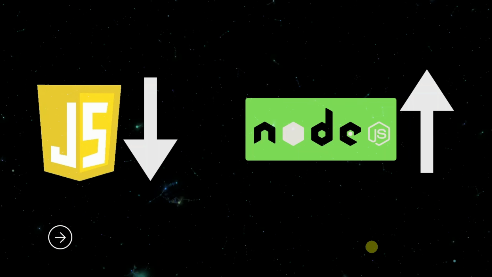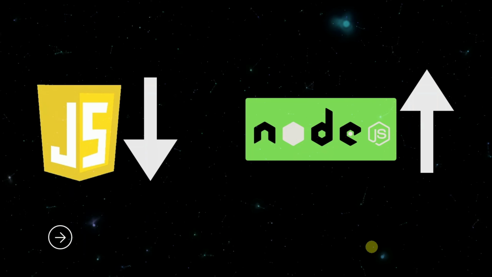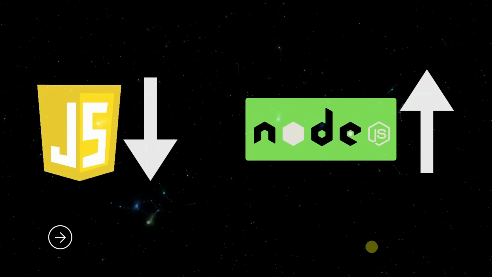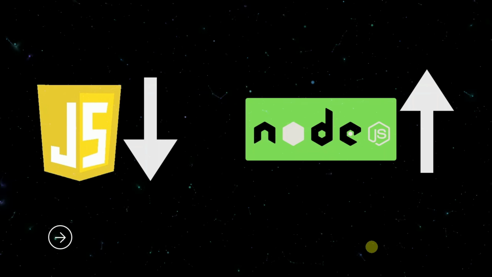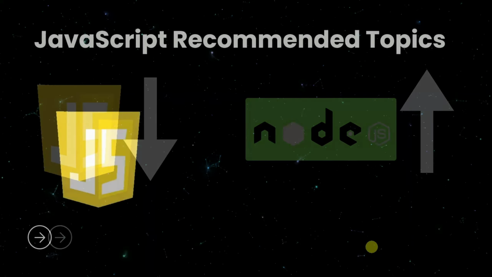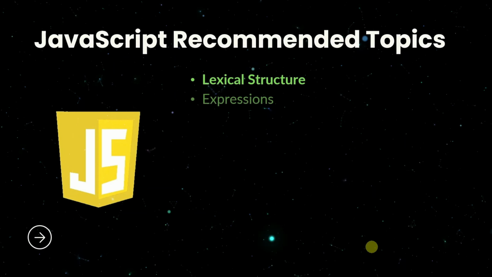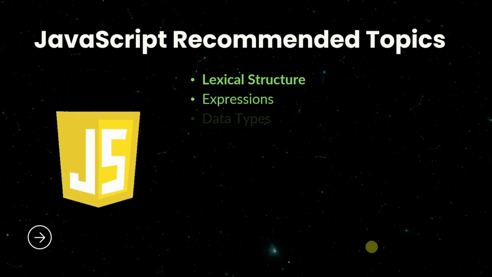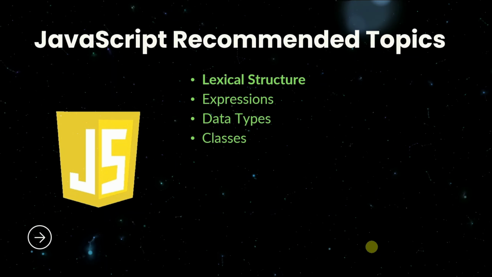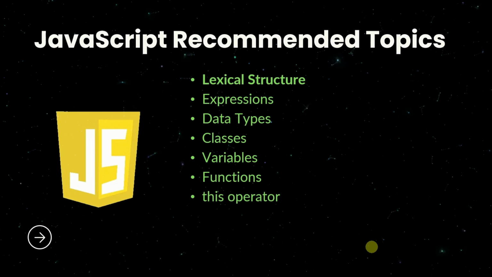But if you're planning to become a backend developer and at the earliest you just want to get started with Node.js, I will be showing you the topics which you should be aware of before getting started with Node.js. These topics are available on the official documentation of Node. So these are the recommended topics. You should know about lexical structure. You should know JavaScript expressions. You should know what are data types, what are classes, then what are variables, what are functions,